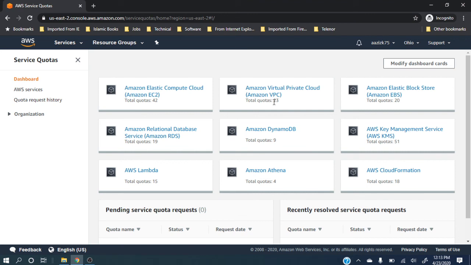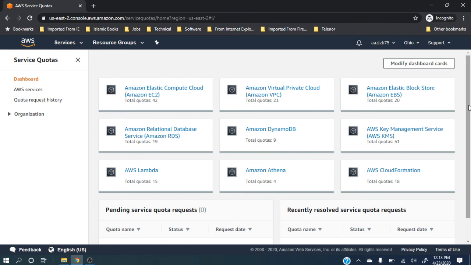If I want to make a VPC, I can make 23 different VPCs within this free tier. Like all of these, there are free quotas. So for example, if you want to run a relational database, you have a free quota to run 19 different DBs. If you want to go into NoSQL, you have 9 quotas.